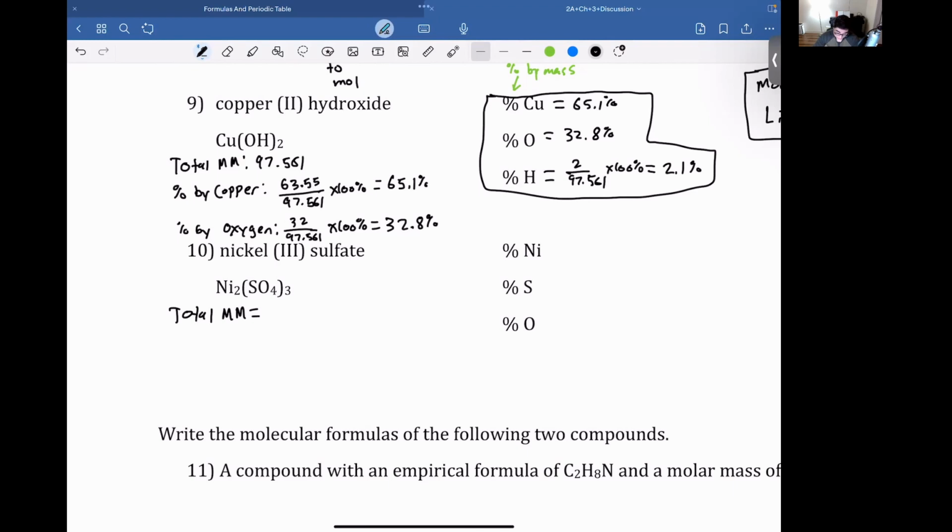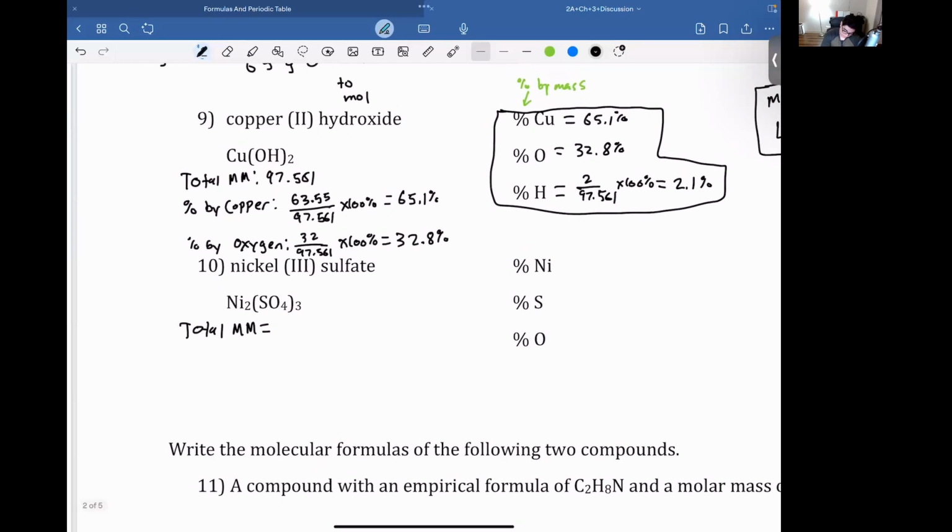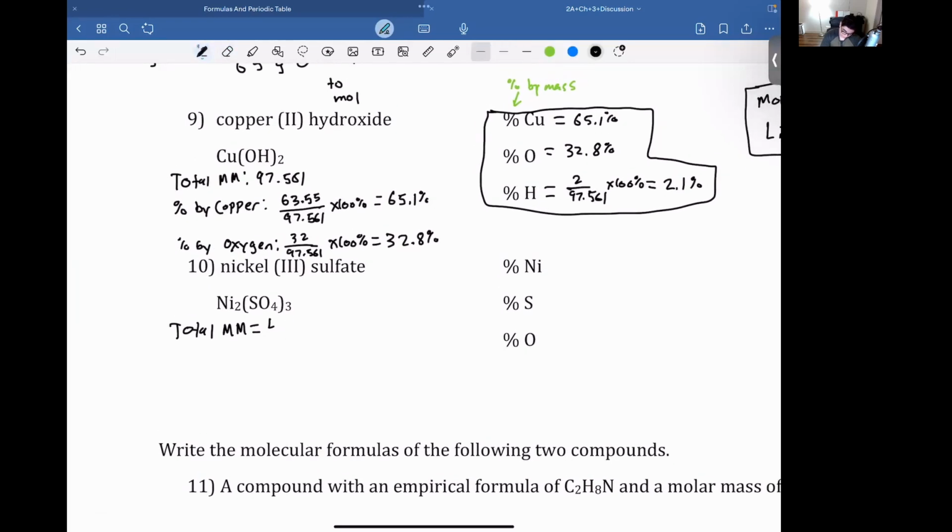This is, so SO4 is a 2 minus. That means this is a nickel 3. Nickel 3 sulfate. There. 405.58